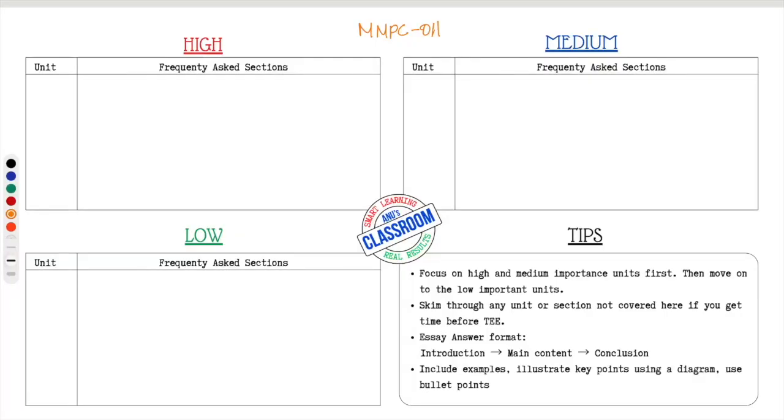MMPC 11, Social Processes and Behavioral Issues. This is a course where we examine individual and group behavior, social processes, diversity, emotional and organizational dynamics, and things like that. This course is part of second semester and it is therefore relevant to students pursuing MBA in any specialization from IGNOU. It has a total of 15 units that are divided into 4 blocks, but when it comes